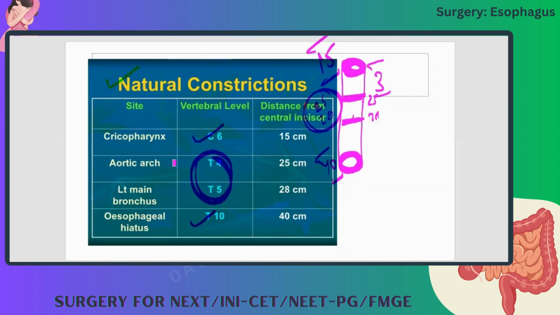So the narrowest part of the esophagus out of these 3 is the cricopharynx. So any foreign body is likely to get lodged there only. If the options are given as cricopharynx, aortic arch, esophageal hiatus, you should mark cricopharynx because it is the narrowest opening. That is the first point. And second point,